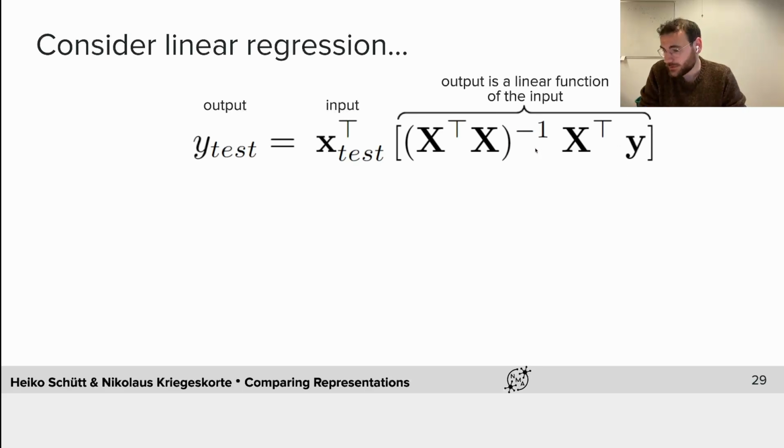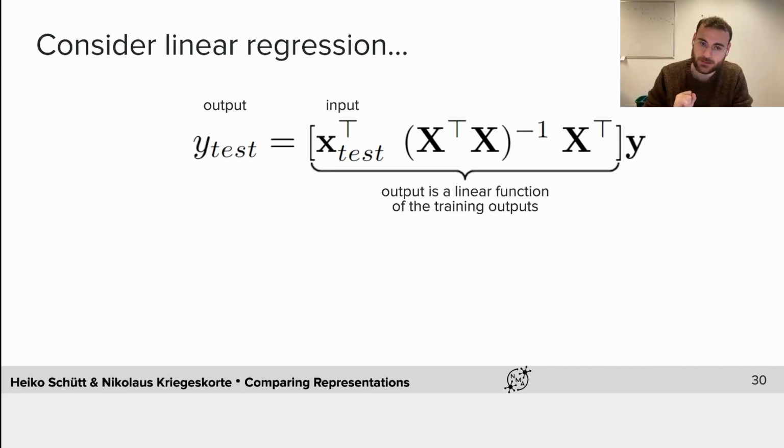For generalization, a different linear map is much more interesting, which we get by just moving those brackets one to the left, and then noticing that with this, we now have a linear map from our training data to our test data. So there is a set of weights determined by the representation, how to combine our training data to